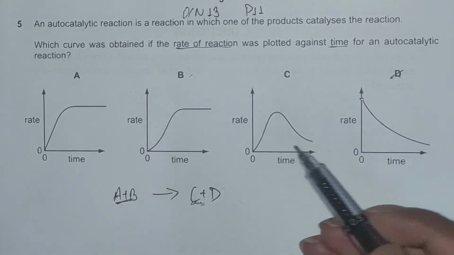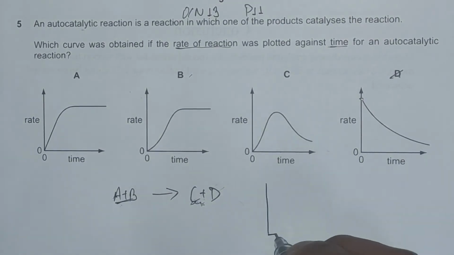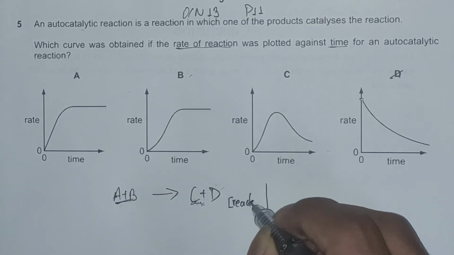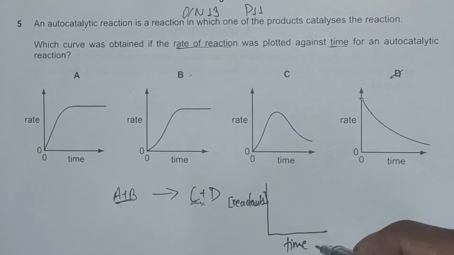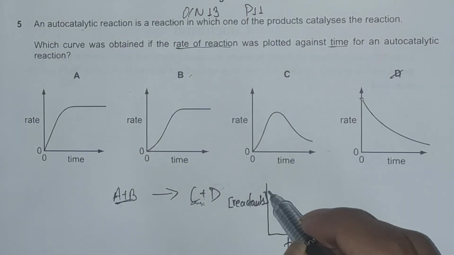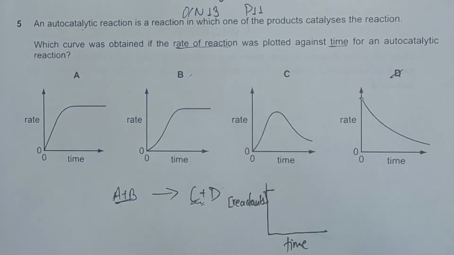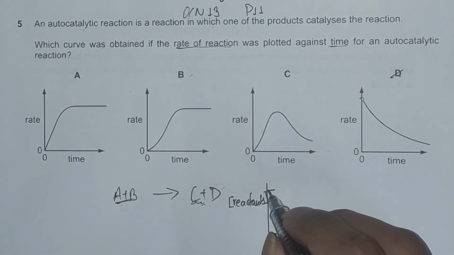Now we have been given rate, but if we want to see the concentration-time graph of this reaction, concentration of, let's say, reactants, and time, in units that could be seconds, minutes, hours, anything. So what happens is, initially the concentration of reactant is very high, because another definition of rate of reaction would be decrease in concentration of reactants per unit time.